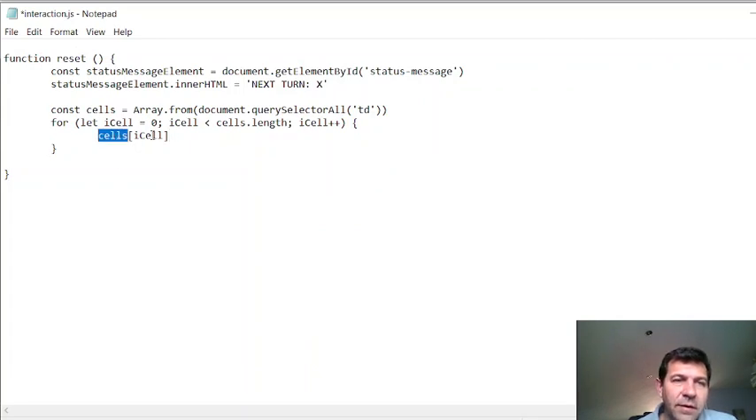So cells is our array, and our index is what is being incremented in each loop. So for each of the indexes, for each cell, the inner HTML, we want to set it to nothing. Okay, so that should do the trick. That should be enough. I don't know if we're forgetting anything. We can save this file, and we can go back